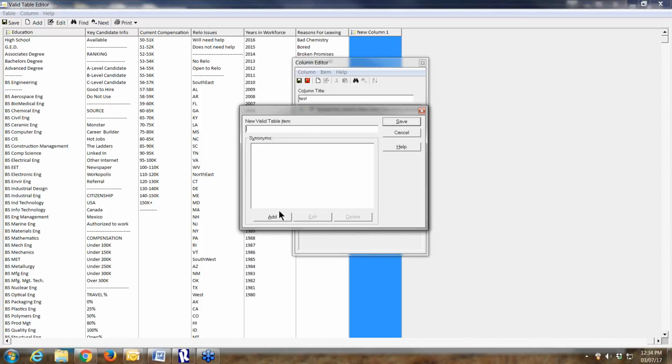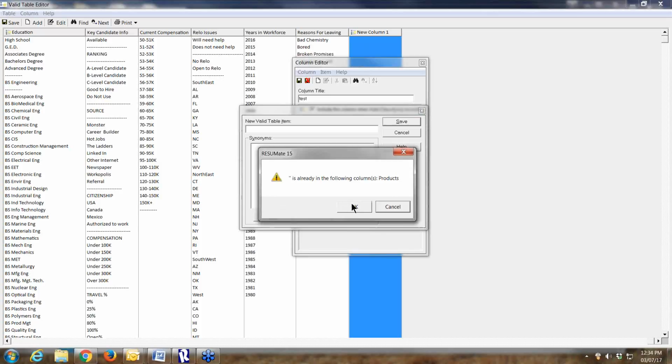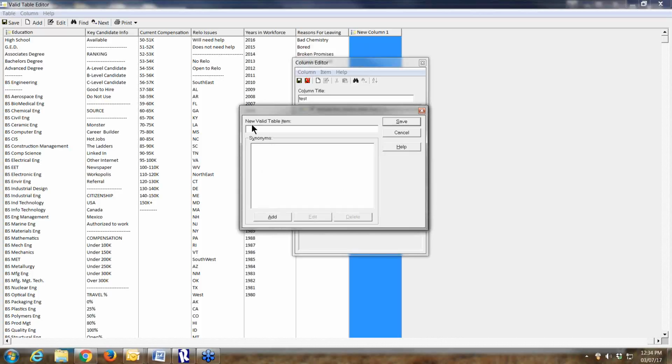That's the item. As for synonyms, when you click this add button, there is no primary or secondary. Make the item however you instinctively think about something, and then click the add button and start putting in synonyms. And by the way, synonyms don't necessarily have to be just language variations, in other words, QA manager and quality assurance manager. Sometimes one set of words, maybe in the resume, is completely